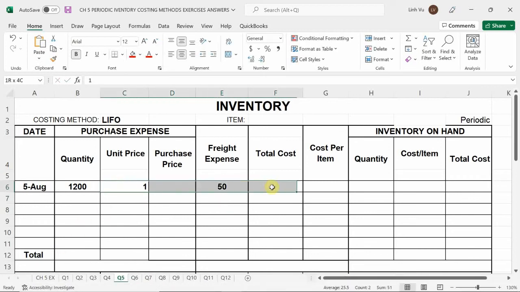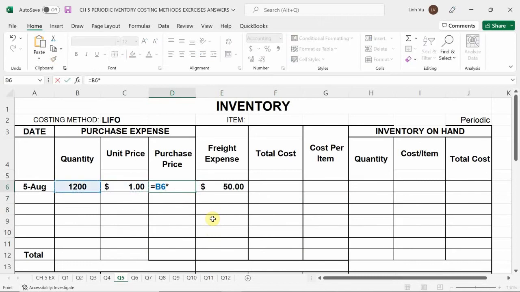Okay. All right. So, what's my purchase price here? It'll be 1,200. 1,200 plus 50 will give me a total cost of